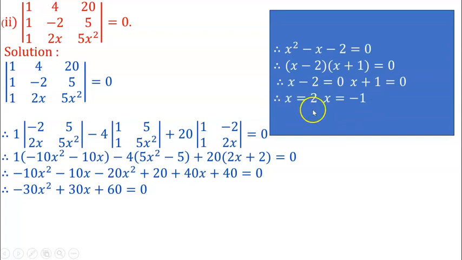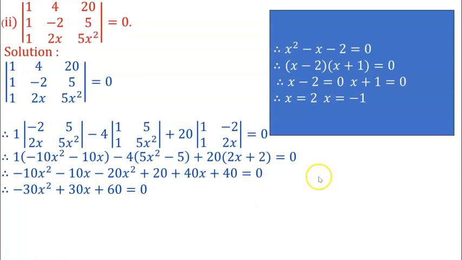And hence x is equals to 2, or x is equals to minus 1. These are the values of x. Okay. Now